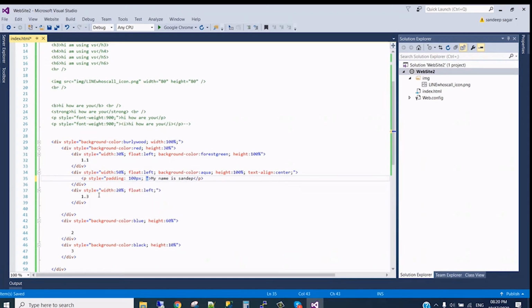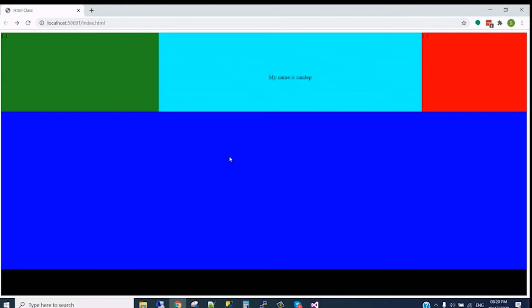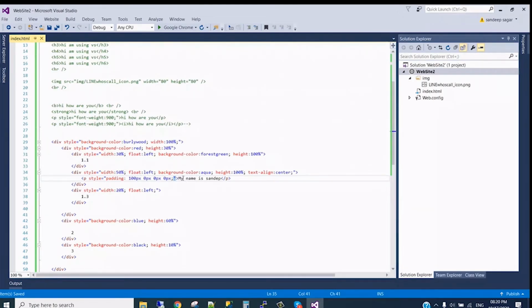100 pixel, 0 pixel, 0 pixel, 0 pixel. Okay, the div remains the same, the text moves from the top. I gave 100. I can make it bold, or I can use H1 inside the paragraph also.